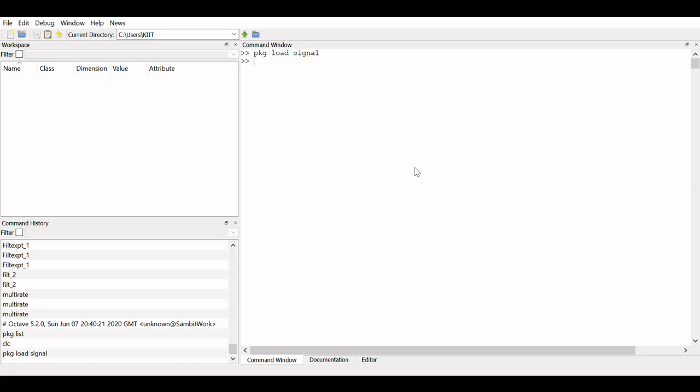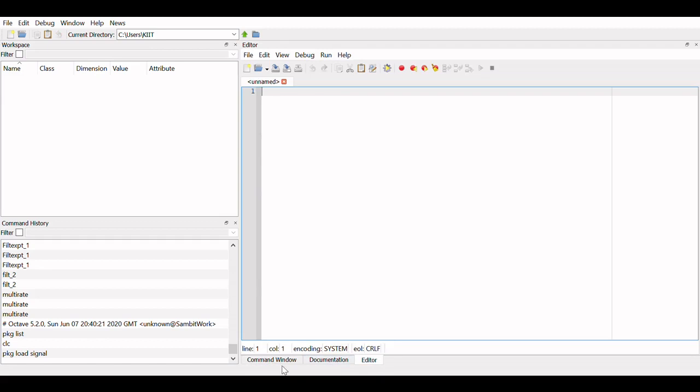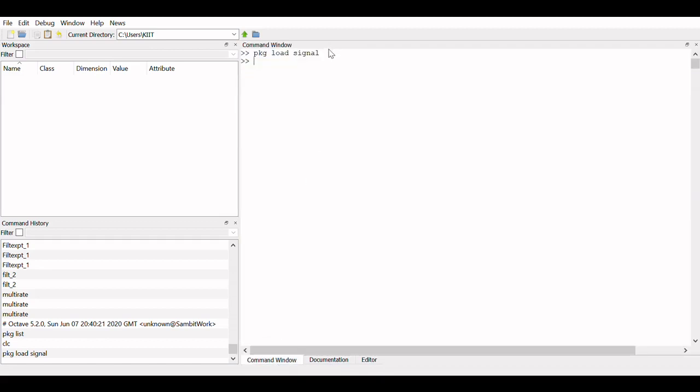This will load the signal processing package for me. Now anything I run from my editor window or command window is going to run my signal processing commands. This same line you can include in front of your program also, not an issue. So whatever program I am going to run over here, it is going to give me the same answer.